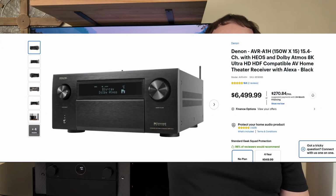Now, the Marantz Cinema 30, as of spring of 2025 and spring of 2024, which is around when it came out and when I purchased it, is the flagship AVR from Marantz. I guess if you were sticking within the same Denon and Marantz group, the only thing that's really higher than this as far as a receiver goes would be the Denon AVR A1H, which is an absolute